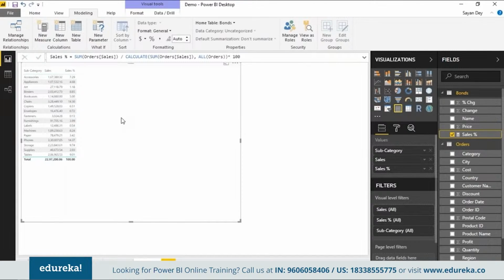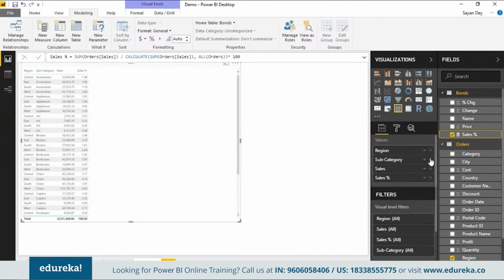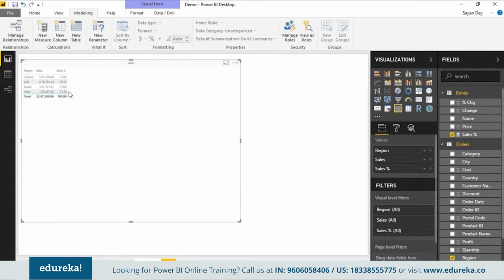And the best part about this is it's dynamic. See how I've used subcategory here. If you want to use something else, let's say you want to use a region, you can do that as well. So I'll take a region, I'll remove the subcategory and see how that entire formula adjusts automatically depending on the kind of grouping that you're doing. And you can see the region percentages are highlighted. Everything adds up to 100% and it comes up pretty nicely overall.